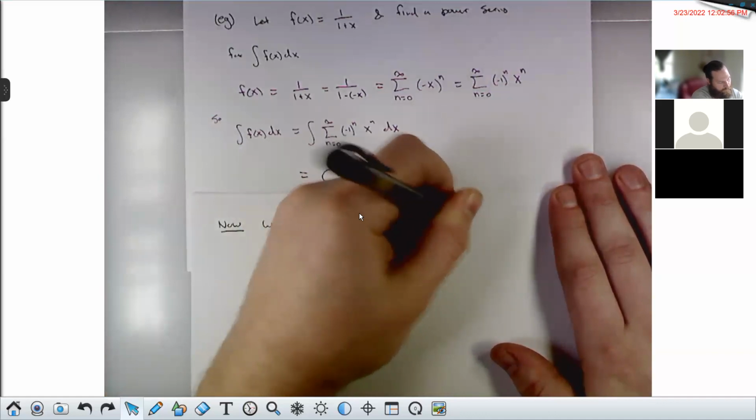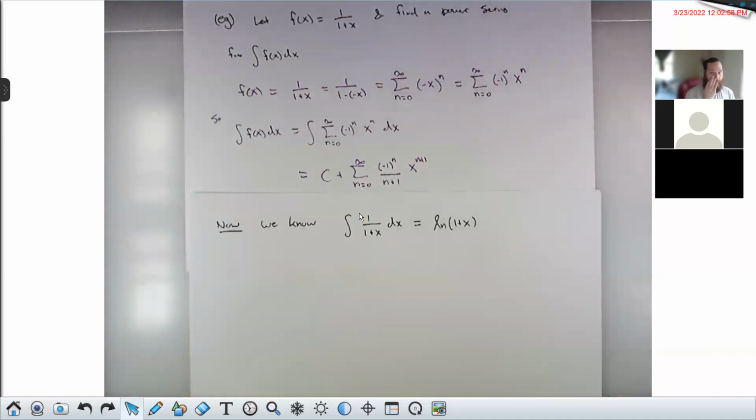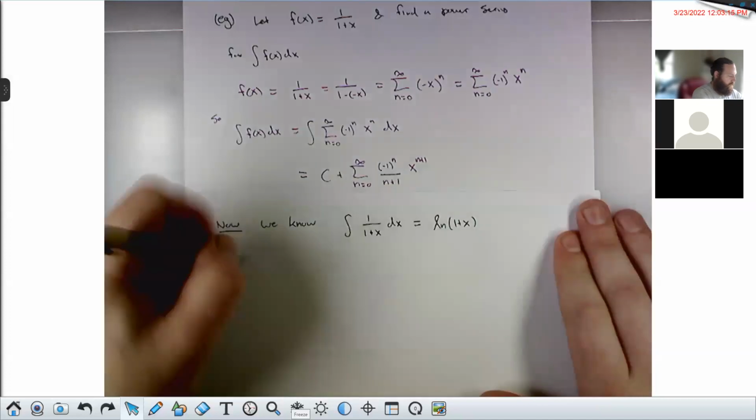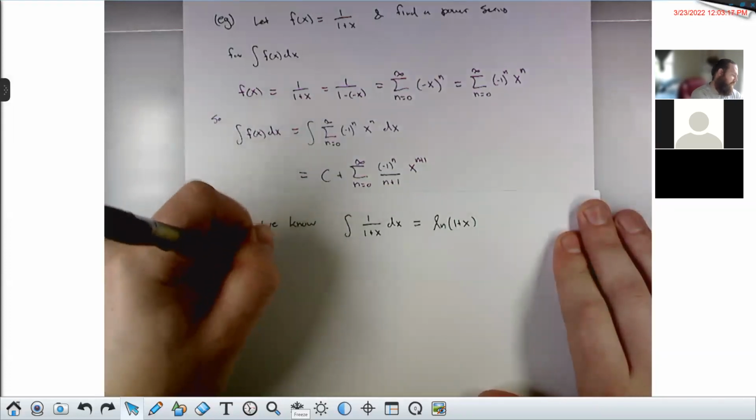of 1 plus x. Right? You do a little u sub here, u equals 1 plus x. This becomes 1 over u du. You get natural log of x plus a constant. I'm going to leave the constant off here because there's going to be a constant here. So by the previous example,